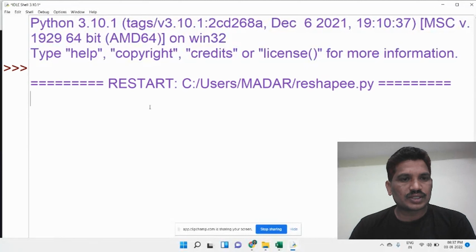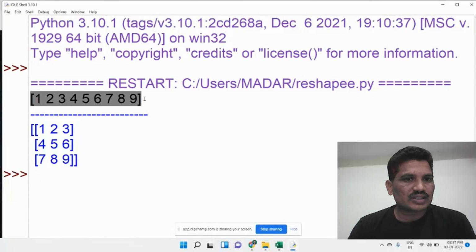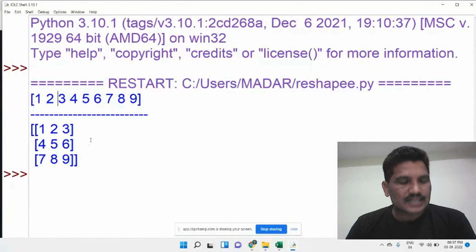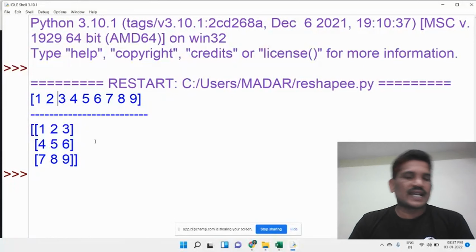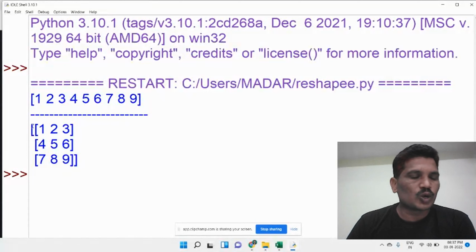Then we will get the output. Whatever array you defined, print x displays 1, 2, 3, 4, 5, 6, 7, 8, 9. The second is the reshape output. What arguments did we give? 3 comma 3, because the 1D array has to be converted into 2D.